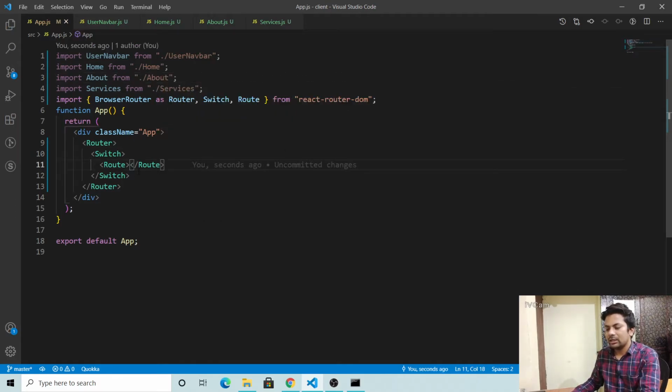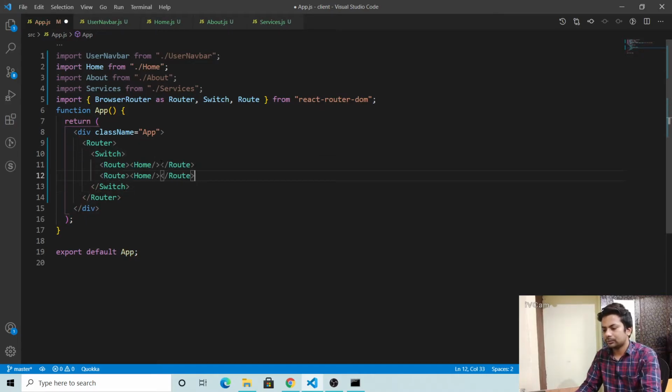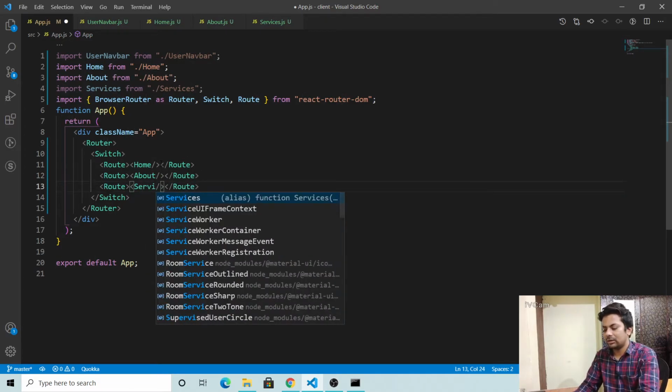Now here I'll just use all the components. So for here I'll use home as a component, then I'll use about, then I'll use services.